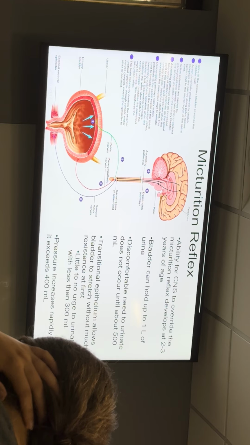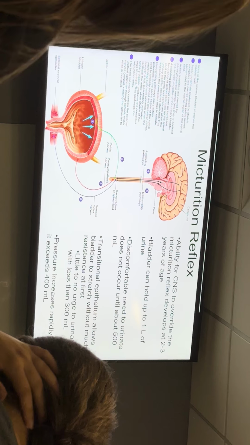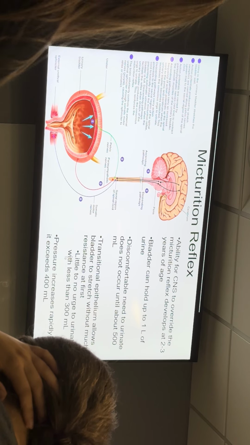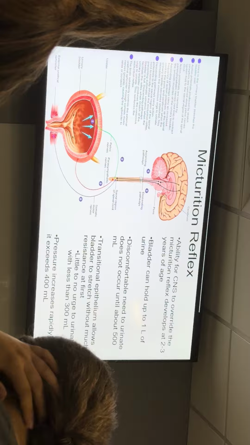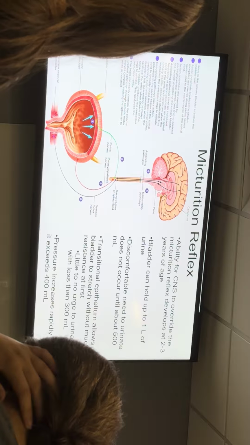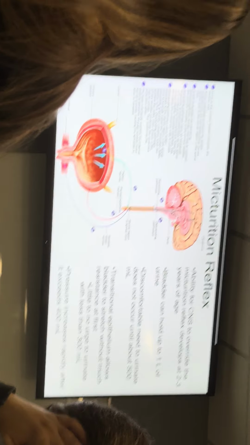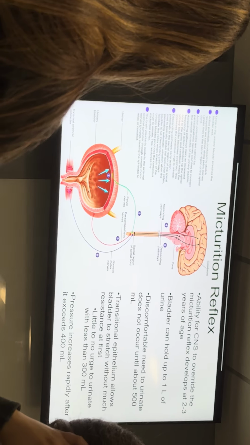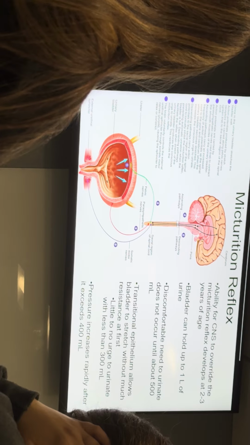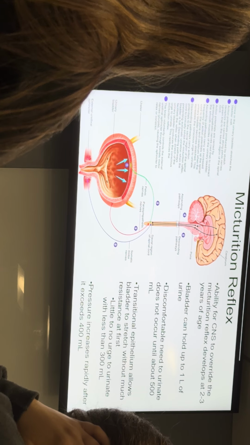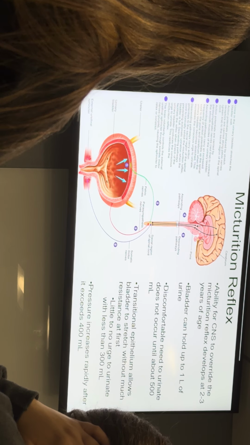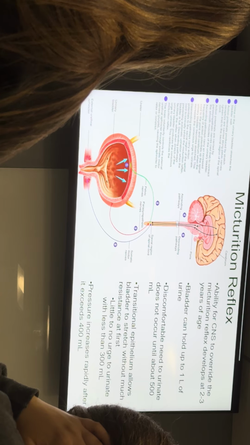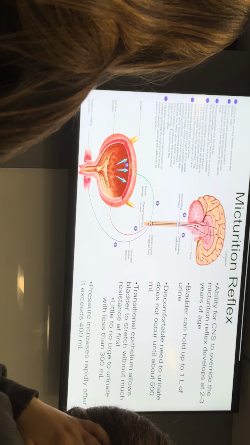Your ability to control your urine starts at 1. All right, you start at 1, but normally kids don't really get potty trained until like 2 or as late as 3-ish. Before you send your kid to preschool, they have to be potty trained. Our son went to preschool at 3, so we had to make sure he's fully potty trained. Kids will be potty trained earlier if they have older siblings or other kids in daycare who are going to the bathroom, a little older than them. They'll see it and figure out what to do. But you can start doing it at 1.